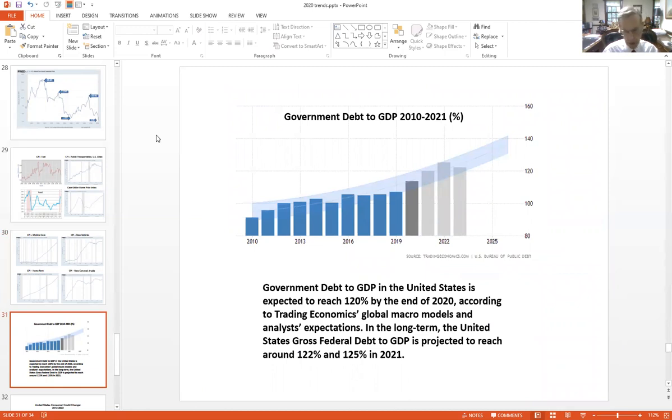Here's another issue completely, and it's an issue that I've mentioned earlier on, but it's the government debt as a proportion of GDP. And right now we're up in the neighborhood of 120% government debt to GDP. This is way over the norm, and way over historic norms. As the government continues to borrow more, we'll probably see this number continue to go up a bit further.